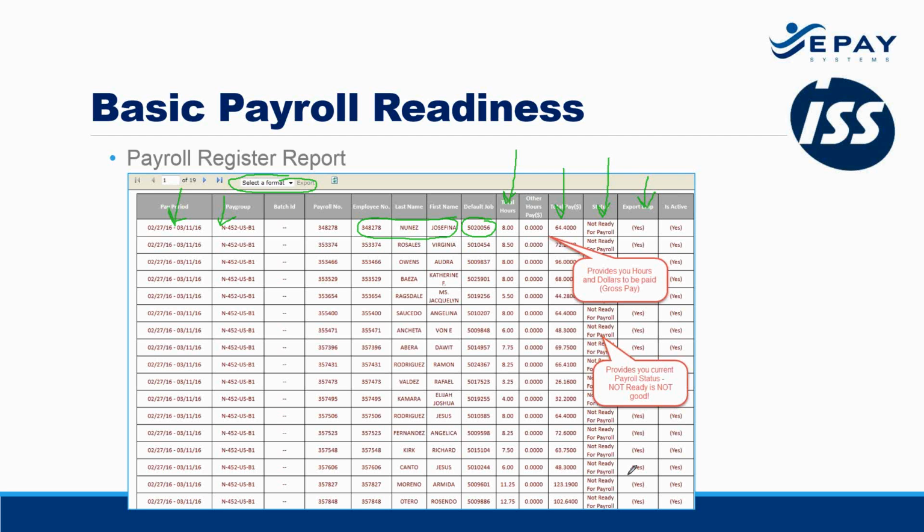Just keep in mind that salaried should stay exported to no here because we do not want their time going over to JDE. And then lastly, we want to make sure that everyone that needs to get paid is shown as active yes. If you see anybody with a no, for example, this employee was a no, Von Ancheta, that employee would not